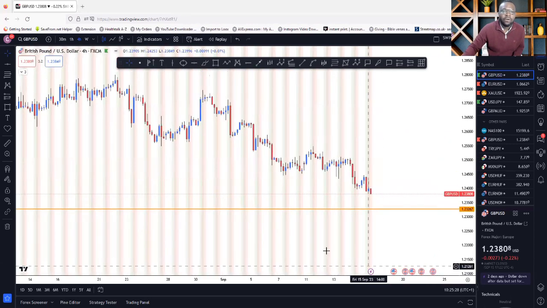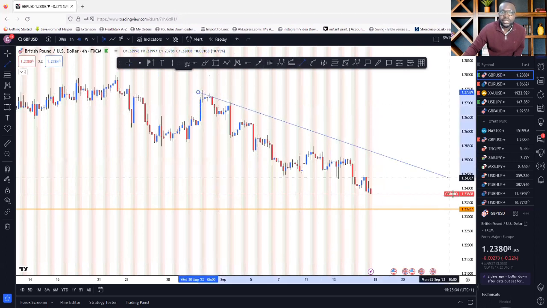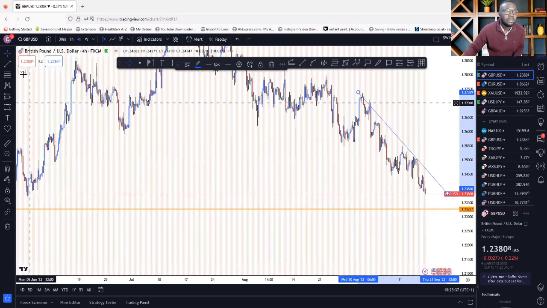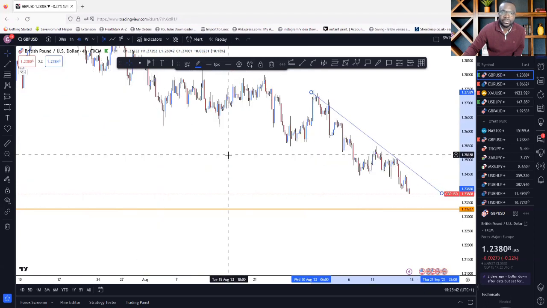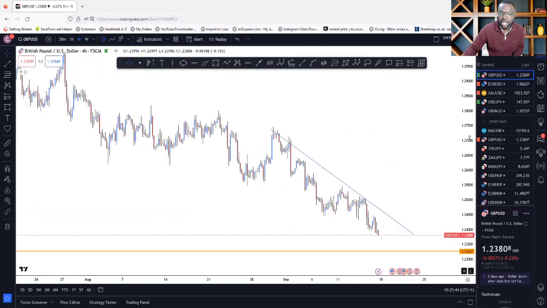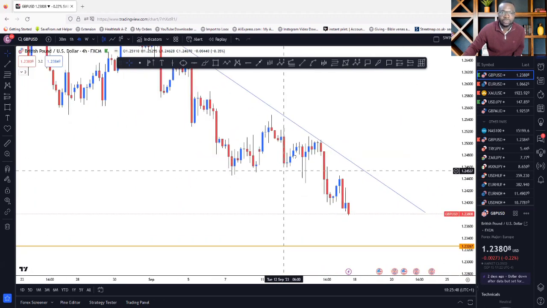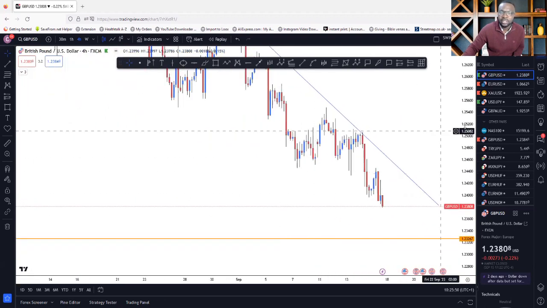But on the 4-hour time frame, all we need to do is put a trend line there, and we can see clearly that we are on a downtrend right now. Let me just take off the section break. That's a section break for you guys who are thinking, what's that? Now you can see what the market has done for the week. Massive trend. Wow, I like it.